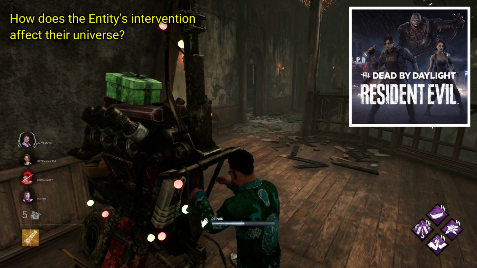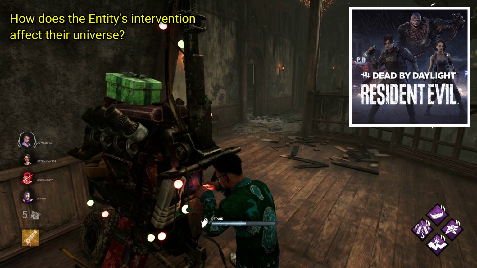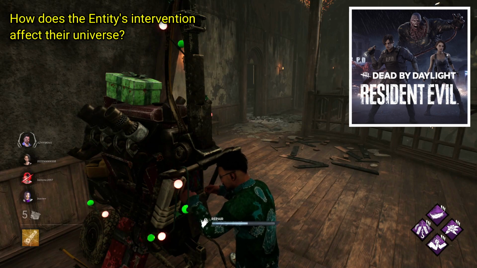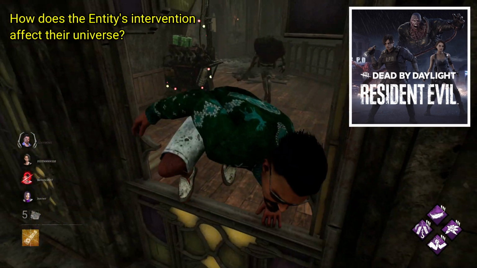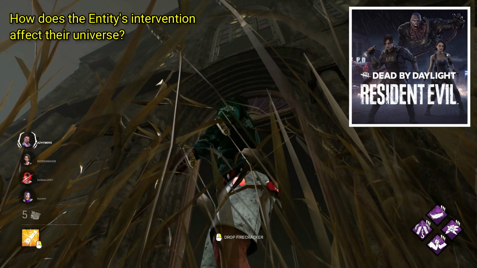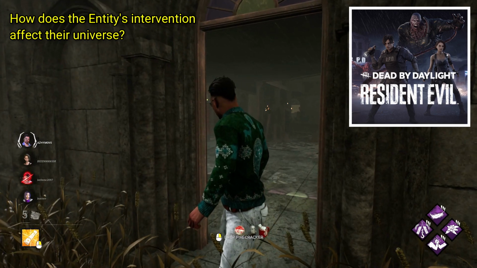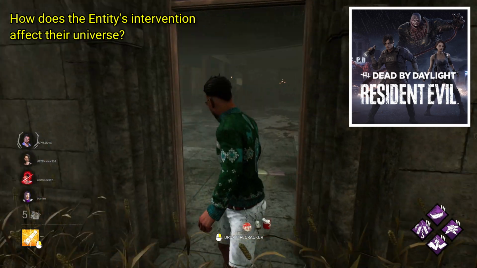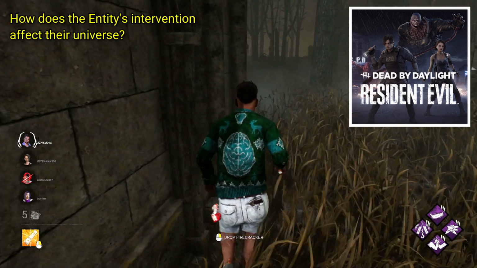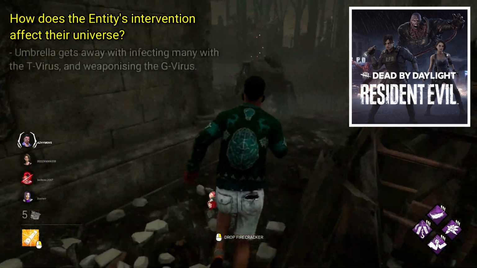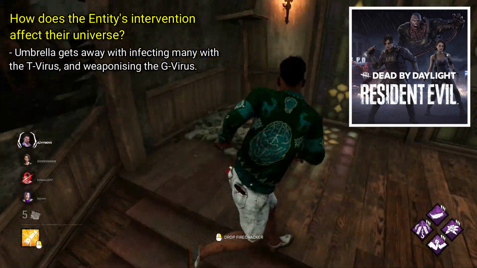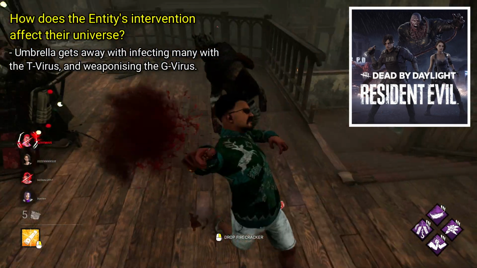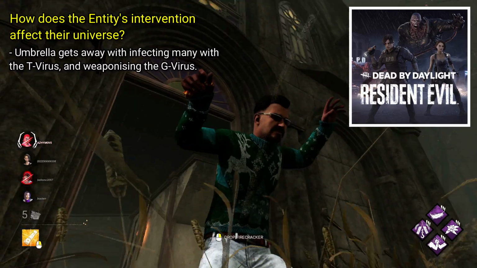The Resident Evil universe is in a pretty awful spot without its main protagonists of Jill, Chris, Leon, and Claire, if we're counting all four of these characters as being taken by the entity. The RE universe gets pretty messed up anyway, but without our protagonists, it gets a whole lot worse. The main consequence of their absence is that the Umbrella Corporation is not exposed for their wrongdoings, and no one's going to know about them infecting Raccoon City with the T-Virus, and their creation of bioweapons with the G-Virus.